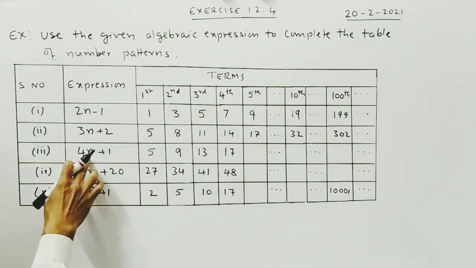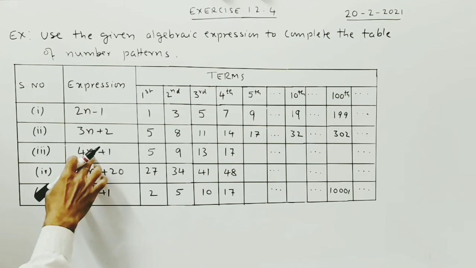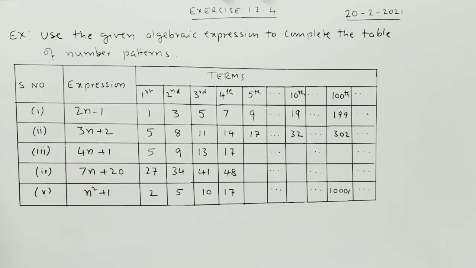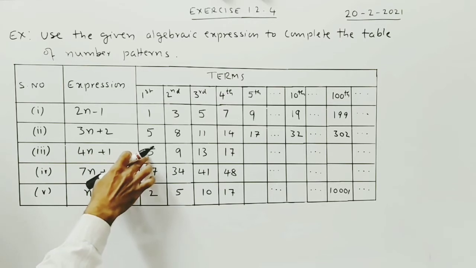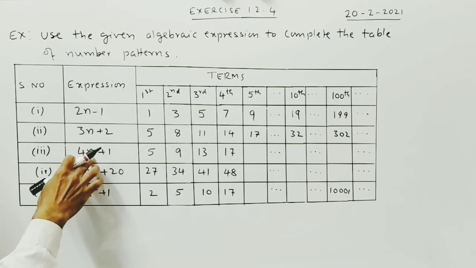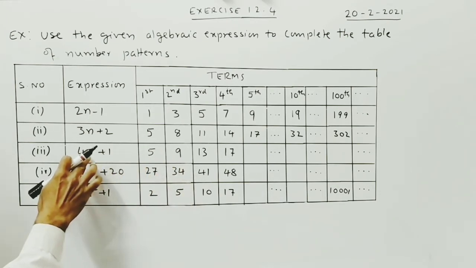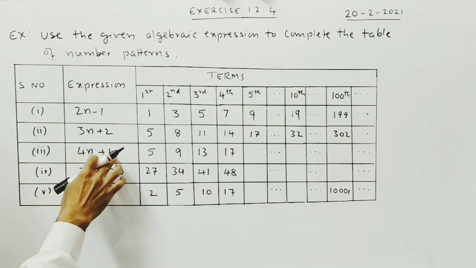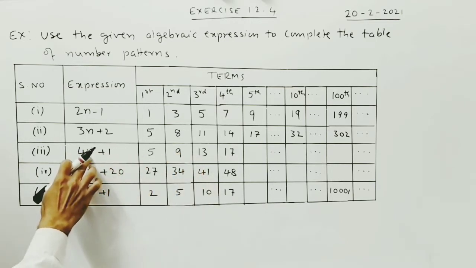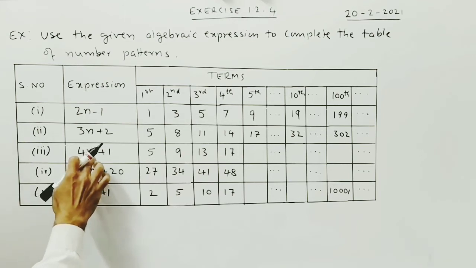Third expression, 4n plus 1. For n is equal to 1, 4 into 1, 4 plus 1, 5, we will get the first term. For n is equal to 2, 4 into 2, 8 plus 1, 9. For n is equal to 3, 4 into 3, 12 plus 1, 13. When n is equal to 4, 4 into 4, 16 plus 1, 17. When n is equal to 5, 20 plus 1,